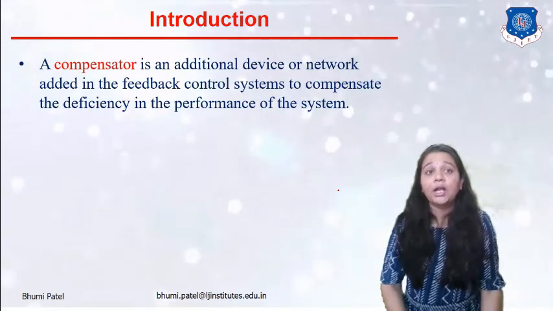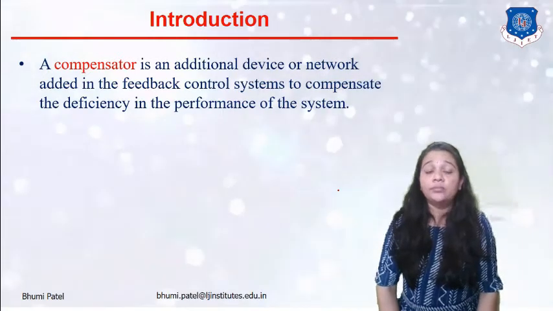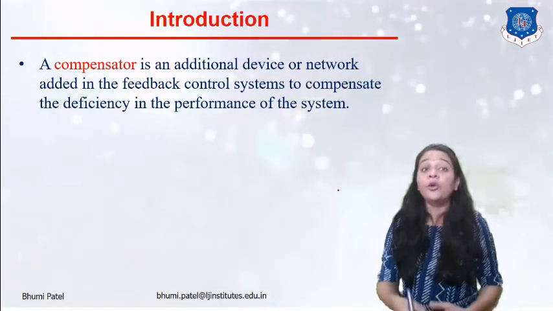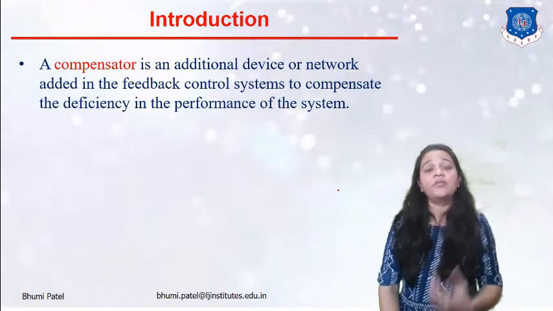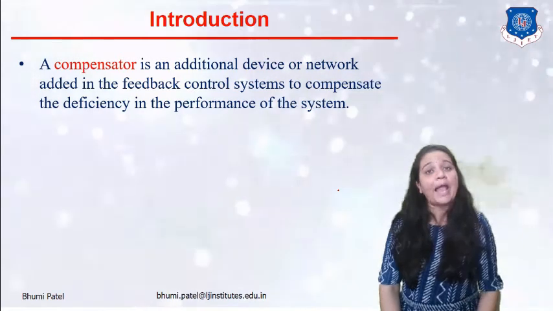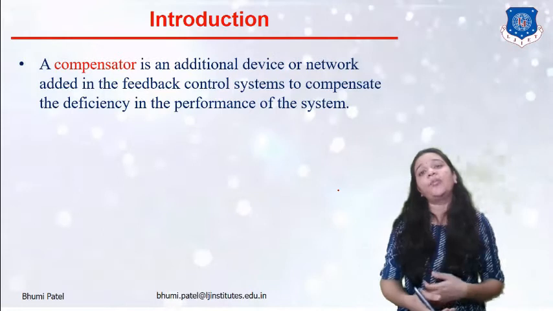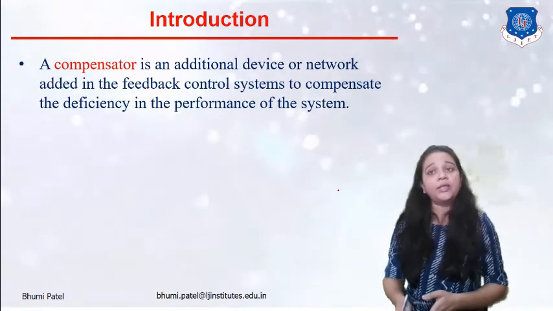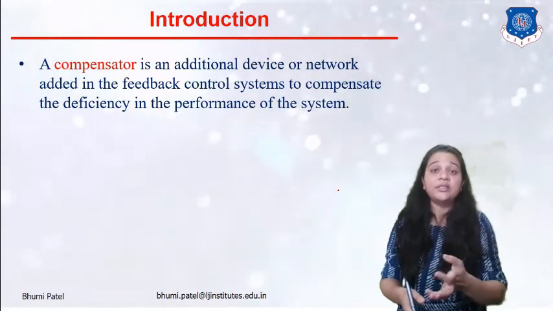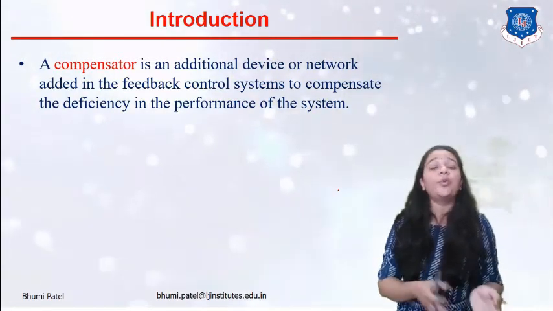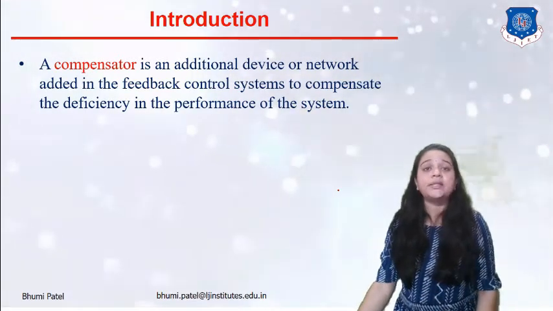Generally, compensators are used for time domain systems. We generally use a compensator in a closed loop control system, because in a closed loop control system we can use a feedback element. Now we have a system, and using this system and the feedback element, if we cannot get the proper output, then we can connect the compensator with the system, with the sensor, with the input or with the output, depending upon the application, to get the proper or stable output.